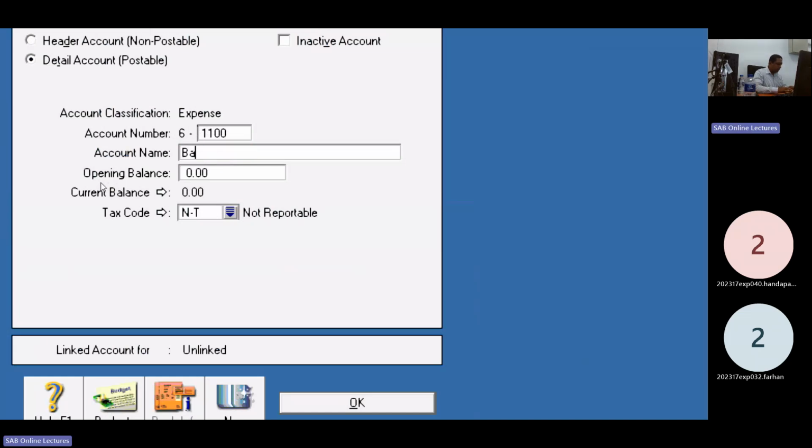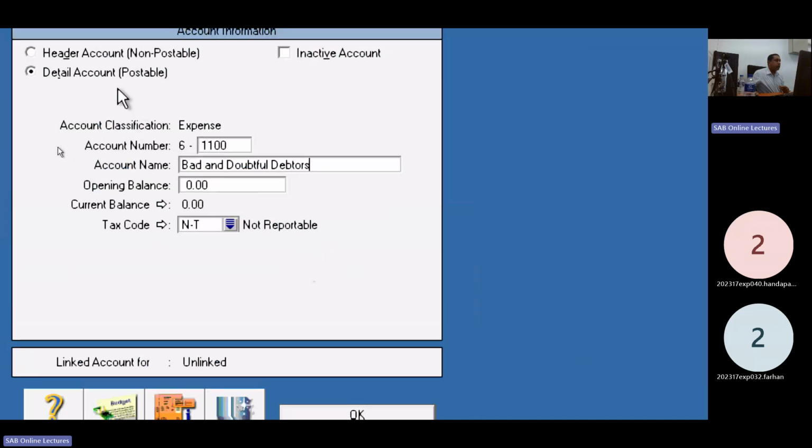Bad and doubtful debt. Or not reportable. Detail account.